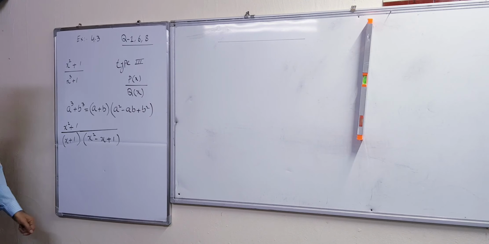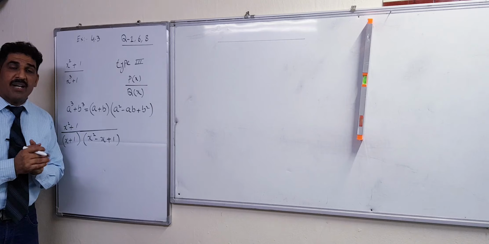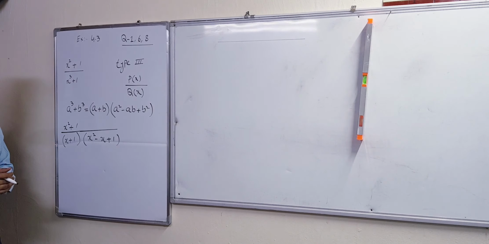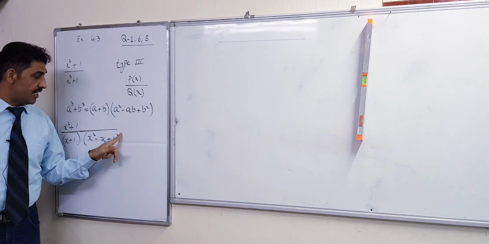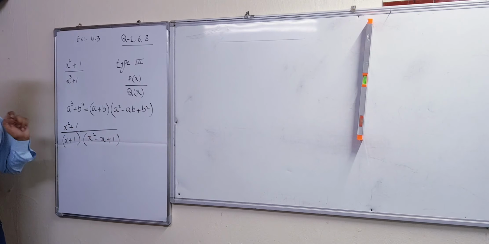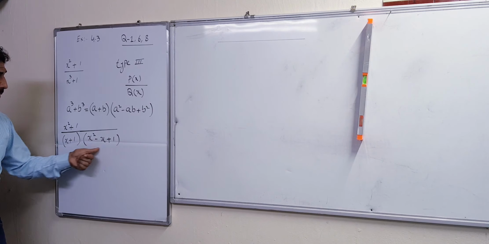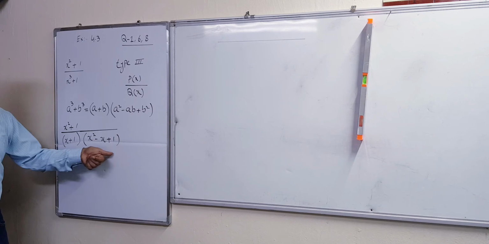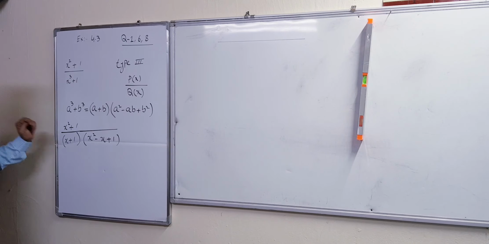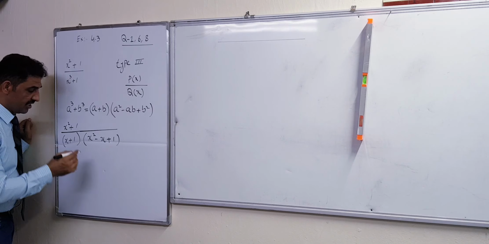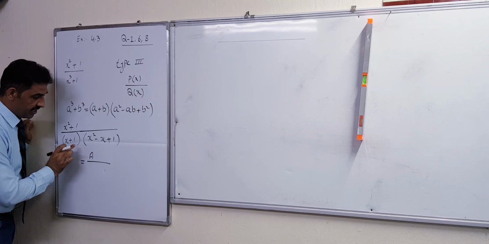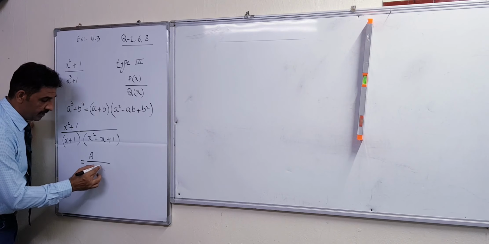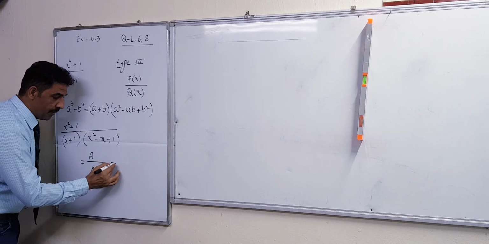After that we have to make its parts. How many parts of this partial fraction will we be able to make? 2 parts, because it is not repeated. If its power were 2, then we would be able to make 3 parts, but it's not repeated, it is x square, and it's not possible to make more factors of this quadratic. So how to write? After the equal sign you write A over x plus 1, and plus